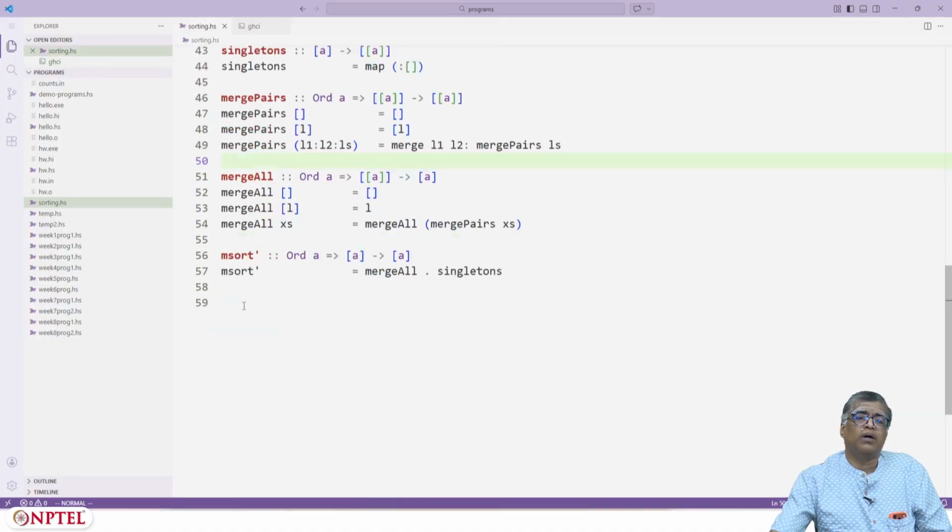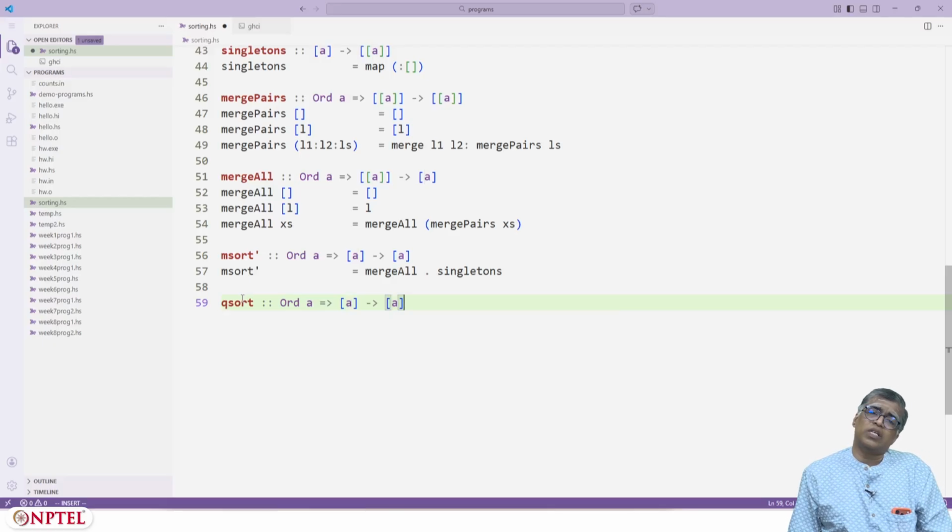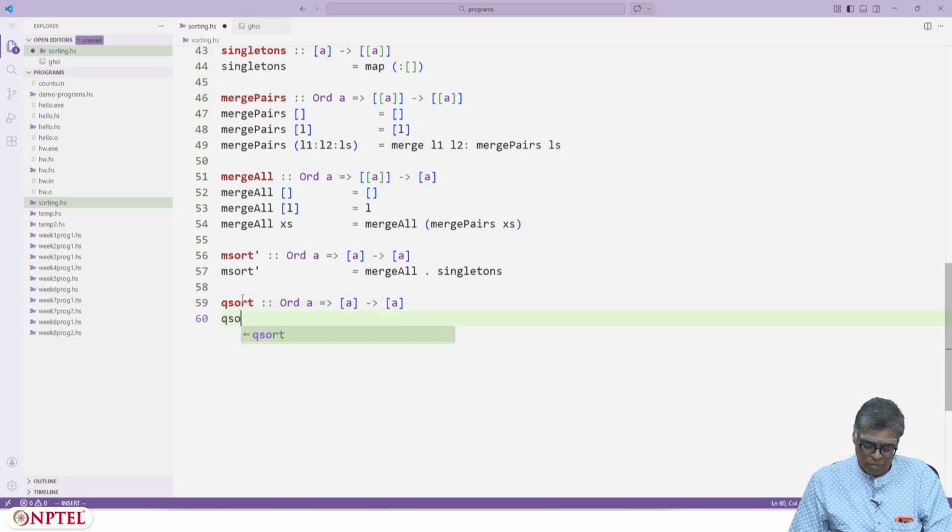Let's go to the end and write qsort of empty, once again of the general type of sort, as we've already mentioned in a lecture. It doesn't matter that the elements should be only integers; they can be from any type where the type allows comparison for order, meaning there is a notion of less than or equal to in that type. Qsort of the empty list is the empty list.